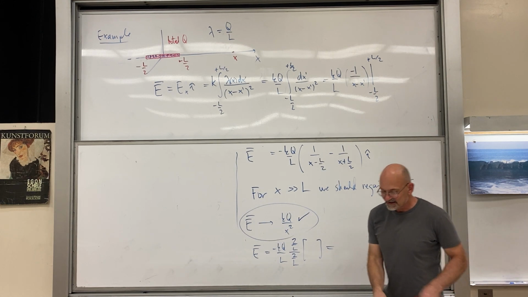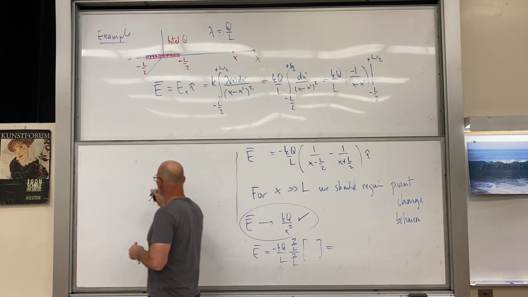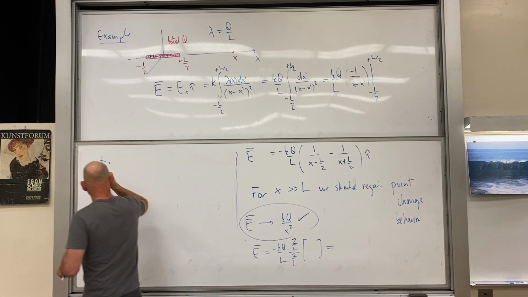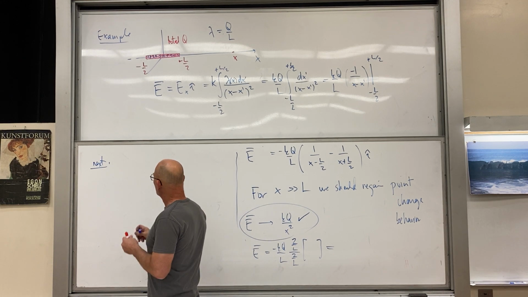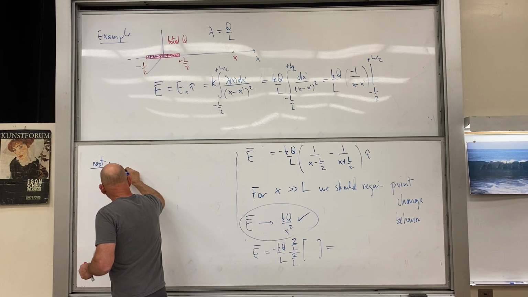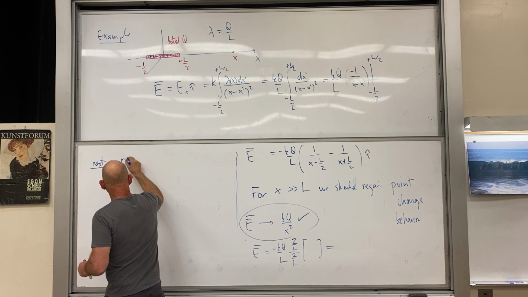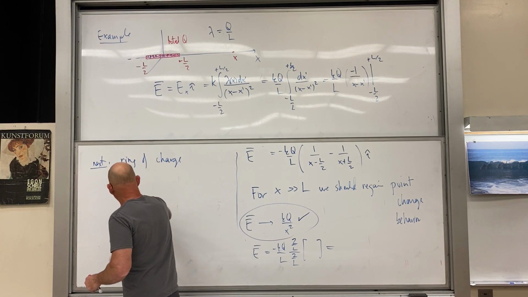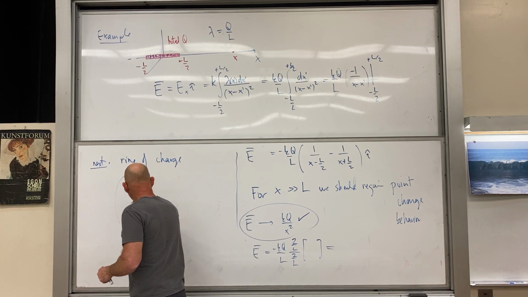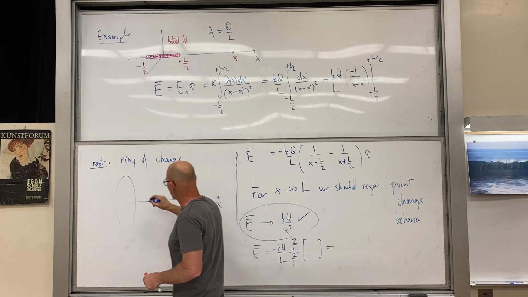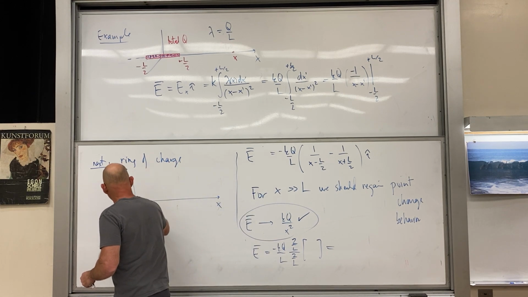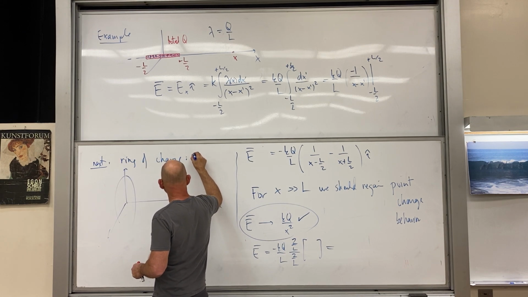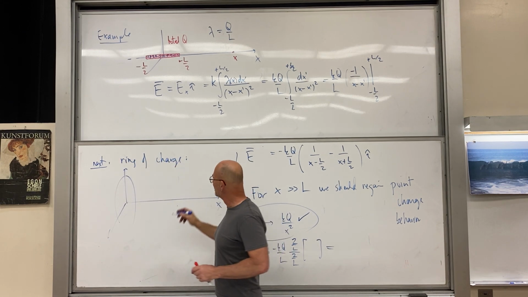Good. So the second system I want to do next is if we have a ring. So, a ring of charge, and we want to be along an axis here. So I could have this ring of charge, radius R, or maybe they use A in the book, doesn't matter,